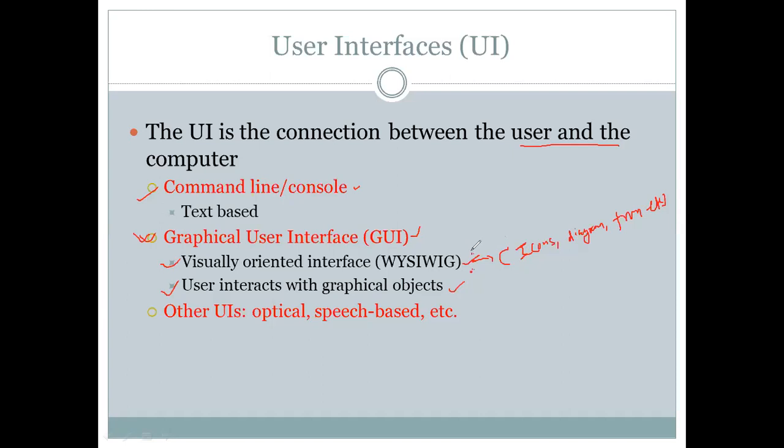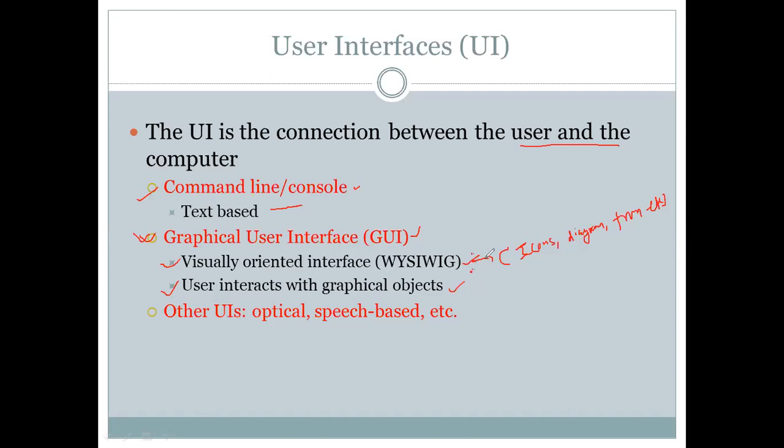Now, here the pointing device can be anything, it can be a mouse or a keyboard, as I already said. This type of interface is also known as real-time interactive. In the previous case, you have to provide input in the form of text, then you have to wait for some time, and how the processing is done, the user is unaware of that. There is not much interaction between the user and computer.